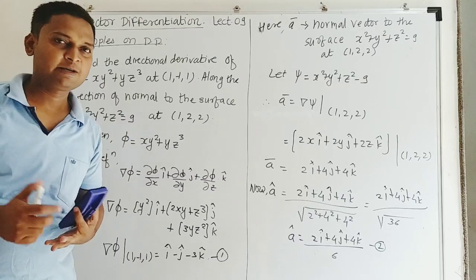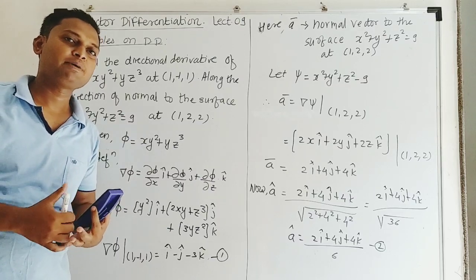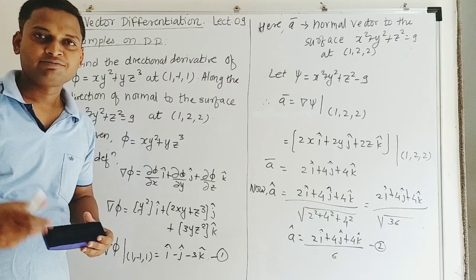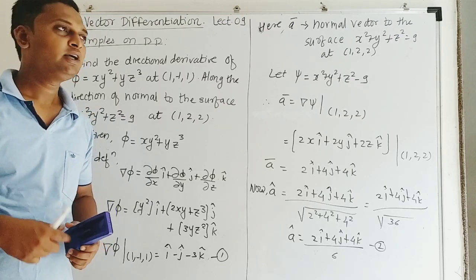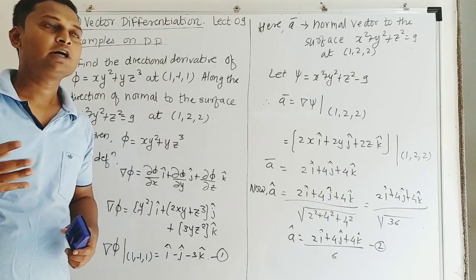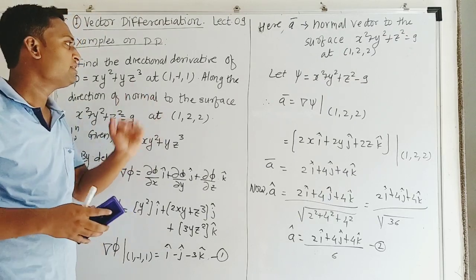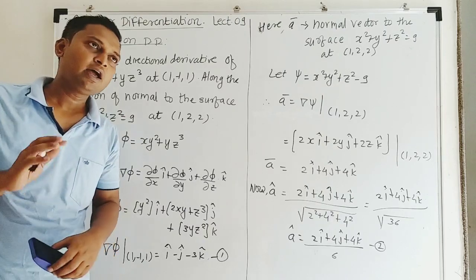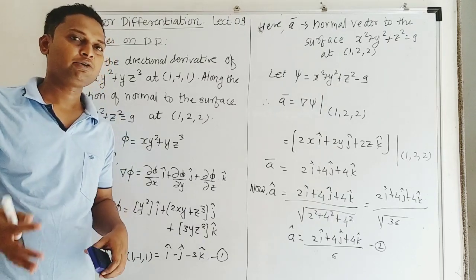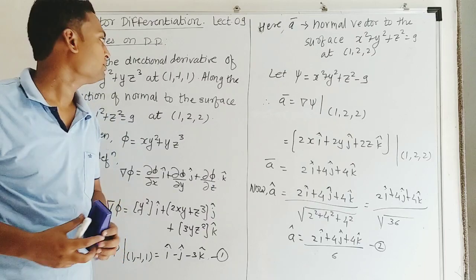In previous classes, we have covered directional derivative examples in three different directions: along some vector, towards a point, and along the tangent vector. Now, in this example, we'll find the directional derivative along the normal vector, and after that we'll find the directional derivative along a line, given by the equation of a line.